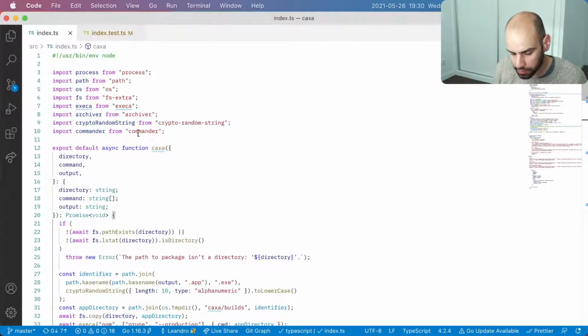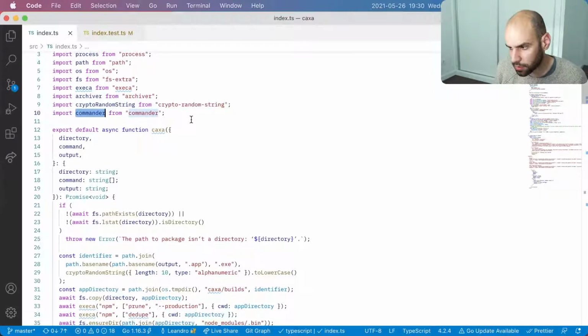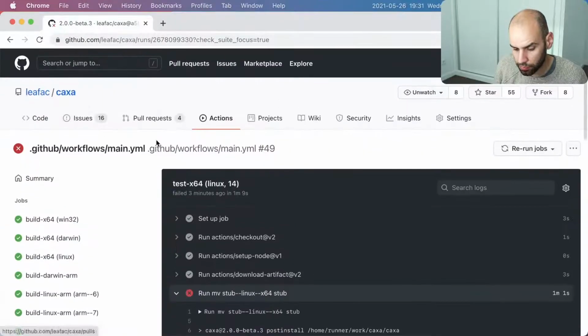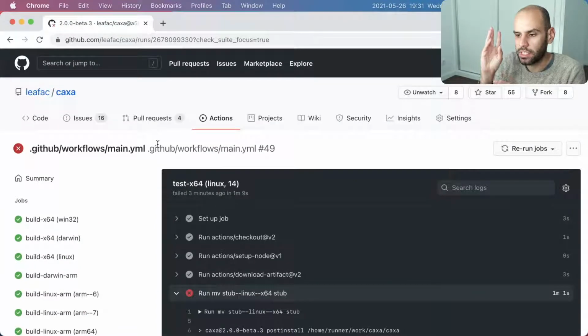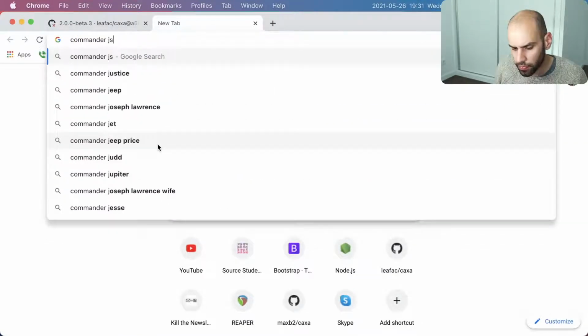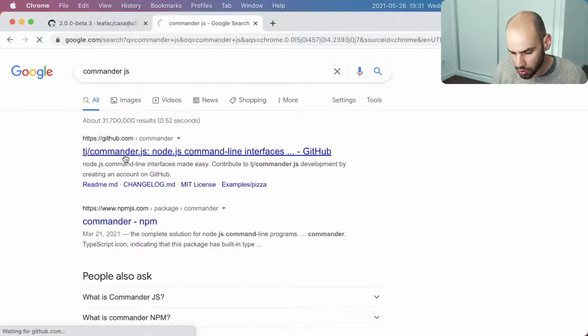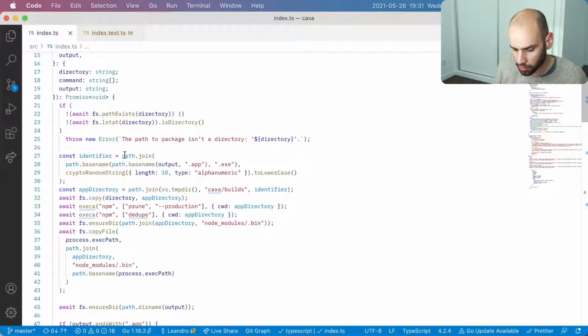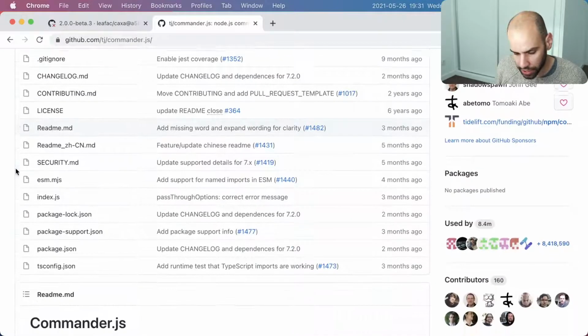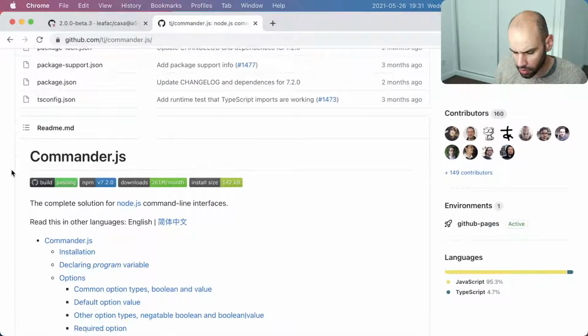Some people in the issue, I think the person who reported the issue, suggested that we move away from Commander and use something else that fixes this problem and allows you to have a flag as part of an argument to another flag, which is kind of confusing. But I think it would be nicer if we continue to use Commander but change the format of the command, which is a breaking change, and that's why I'm bumping Kasha to 2.0, among other reasons probably.